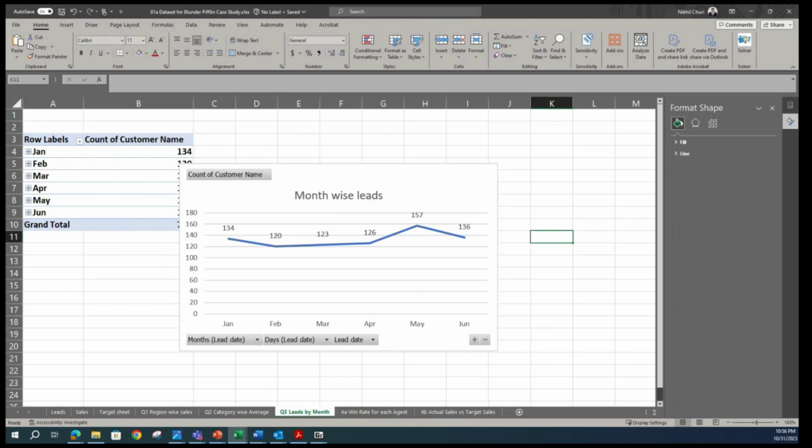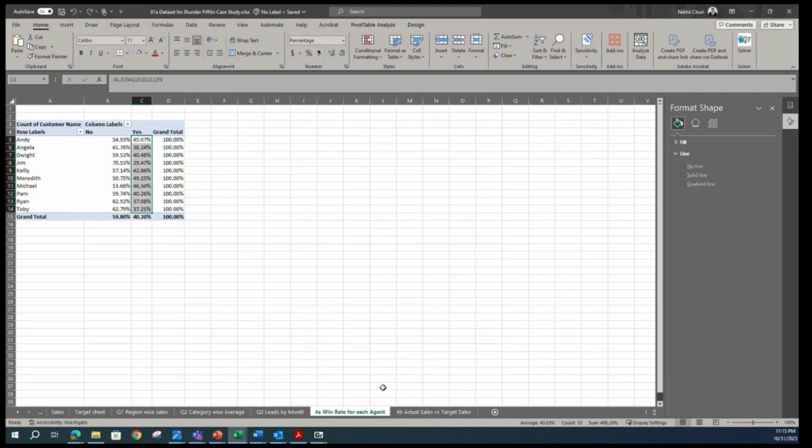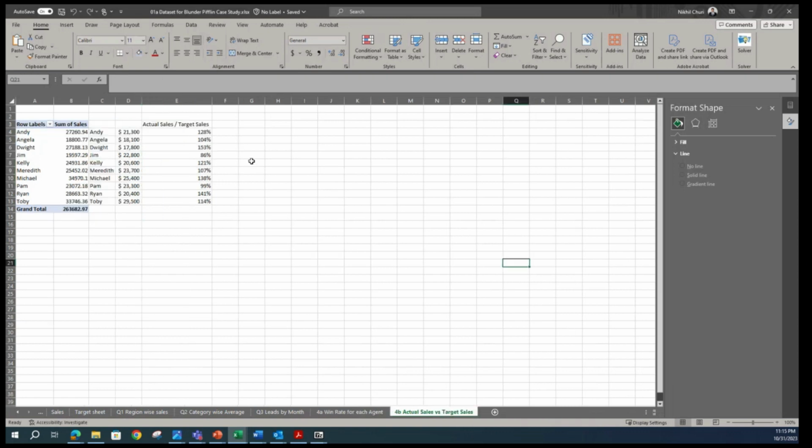And we are done with this part as well. Now for the next part, we had two things. One was win rate per sales agent, and the other was the actual versus target sales achieved by each agent. Now these are two numerical KPIs, the key performance indicators for assessing the performance of these 10